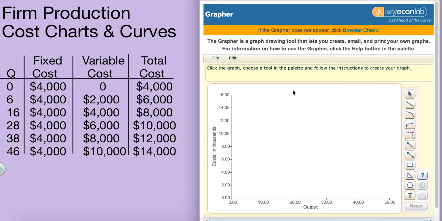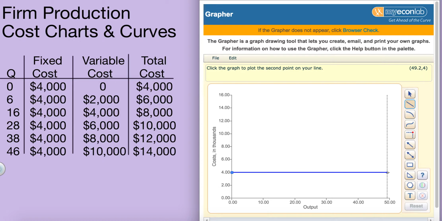So the first thing that I'm going to graph, the easiest thing that I'm going to graph, is the fixed cost. We know that regardless of however many units we're producing, whether it's 6, 28, or 46, the fixed cost is going to be $4,000. So I'm going to come over here, grab the line drawing tool, and I'm going to create